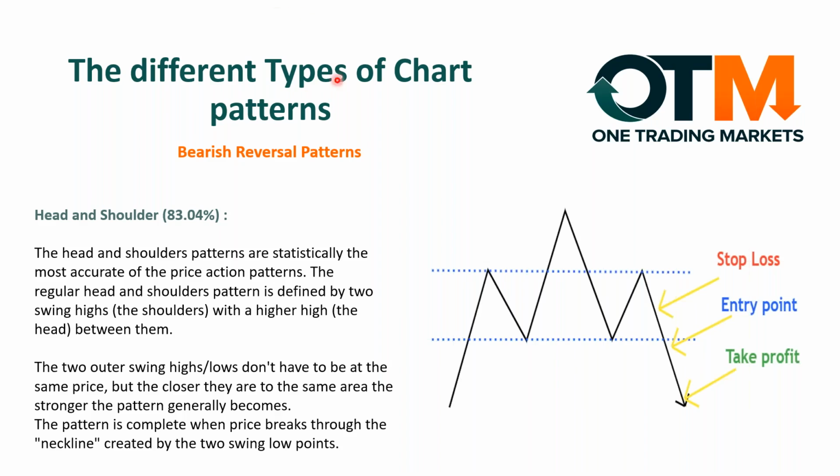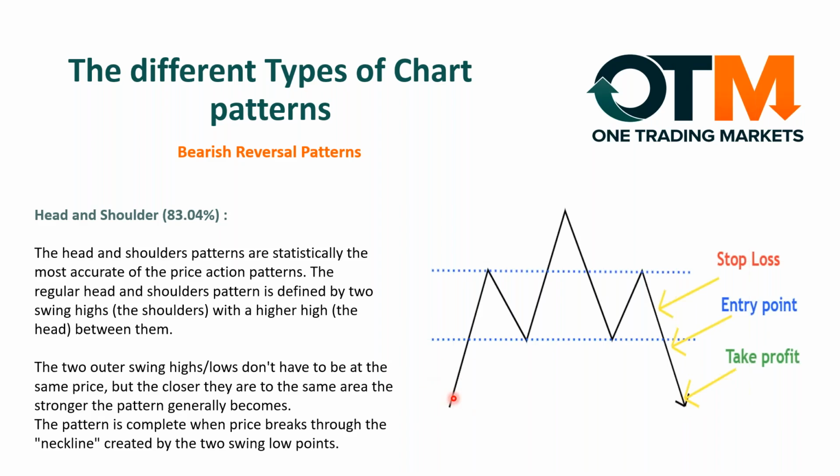Now, the head and shoulders pattern is statistically the most accurate of the price action patterns, like we said. So why do we call it a head and shoulders? Because it resembles a head and shoulders. This is the head, this is the left shoulder, this is the right shoulder. For stop loss, entry point, and take profit, they're very similar in every pattern. So notice how our entry point is exactly below the neckline. Our stop loss is in the middle of the previous trend, and our take profit